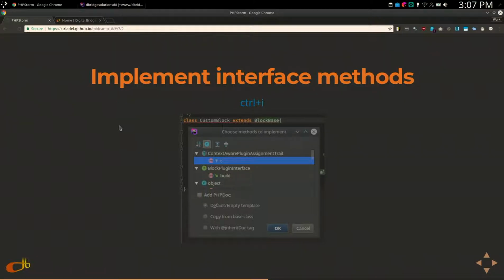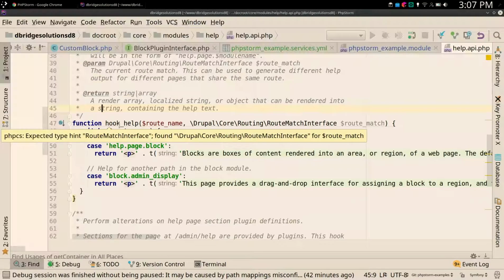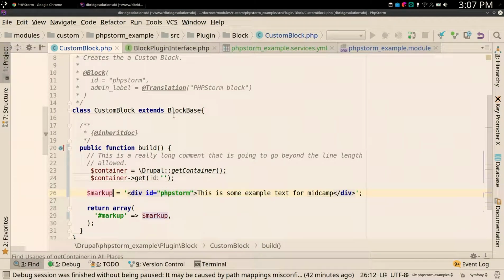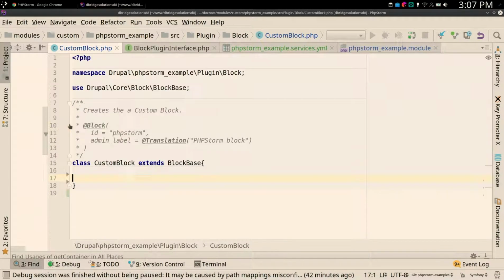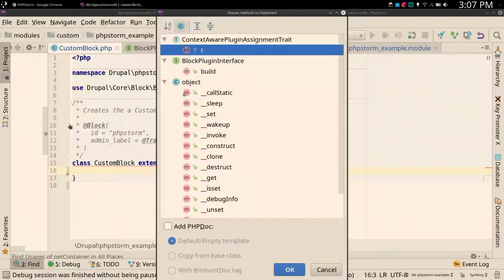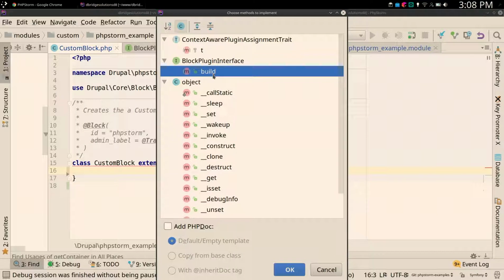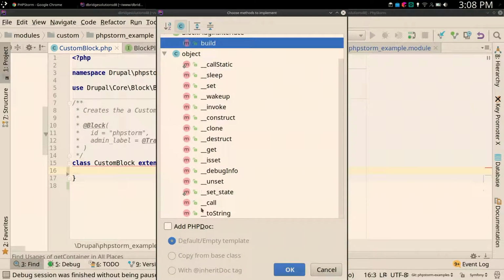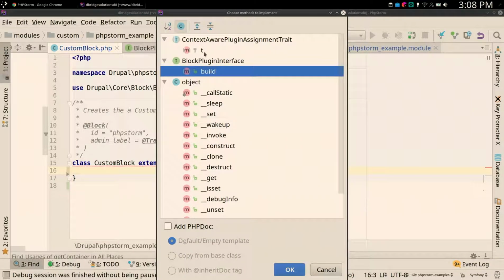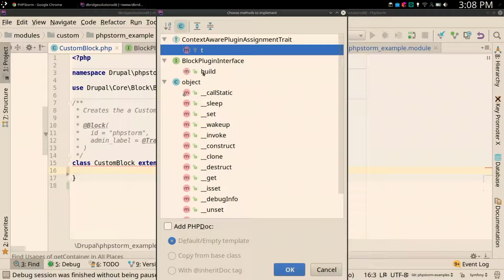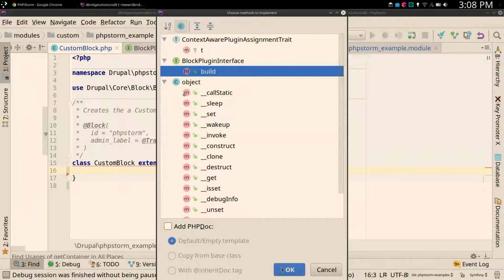So, implement interface methods. Block base at some point extends or implements an interface class saying it needs this build method. So if we delete this and we do Control-I, it'll say we should implement the build method. Or these are all that kind of default object ones that you can implement. Or there's a translate apparently trait that we could implement here. So if we click this,